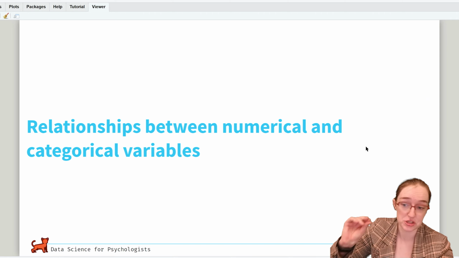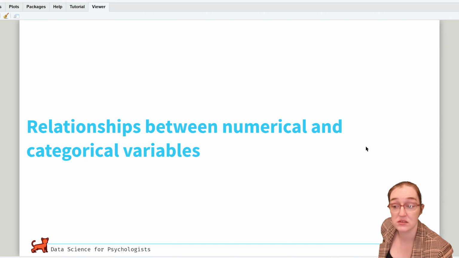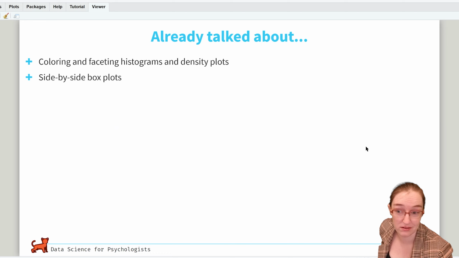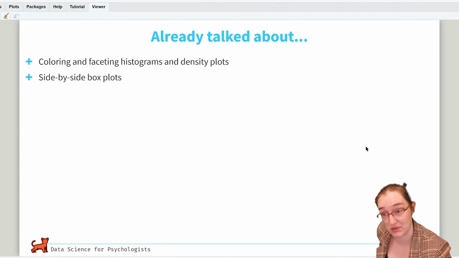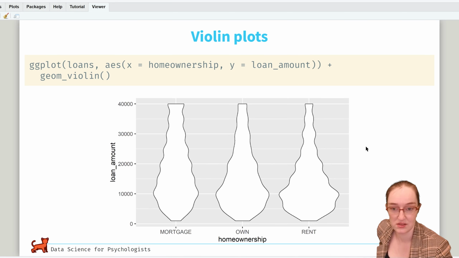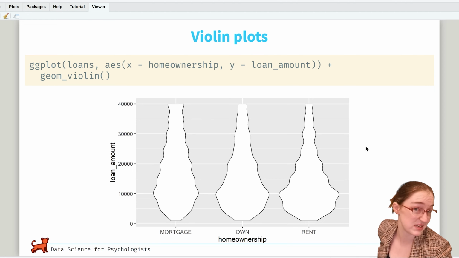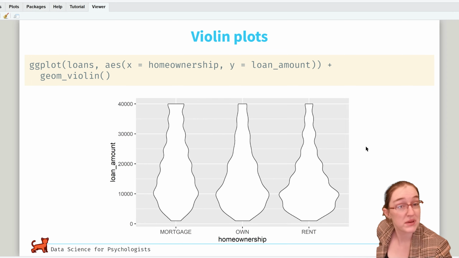And we'll touch on relationships amongst numerical and categorical variables right now. We've already talked about a lot of these, including coloring and faceting, histograms and density plots, as well as side-by-side box plots. Let's show you some cool violin plots using the geom violin. Now we're jumping back to that homeownership data. Really, I just didn't want to have the activity be homeownership. I wanted to play with Star Wars data because that's more fun. But anyway,